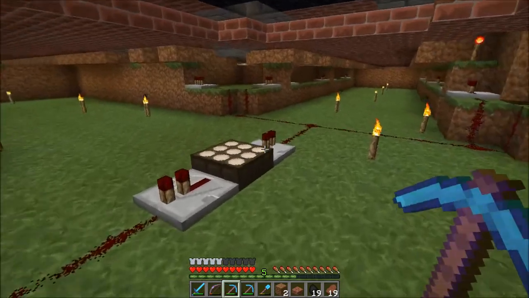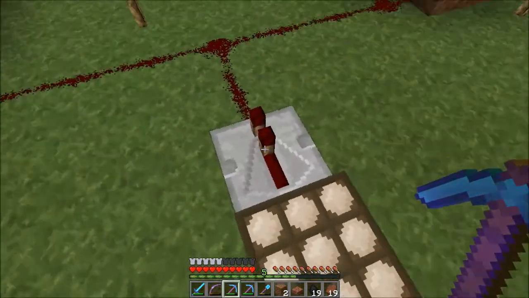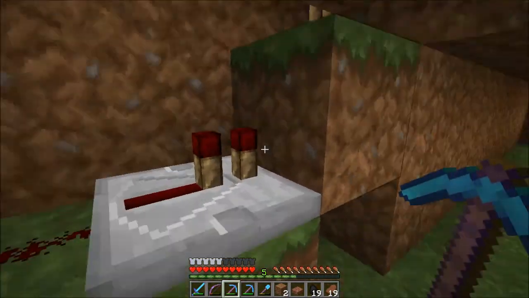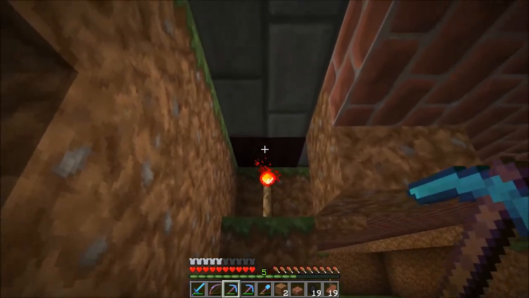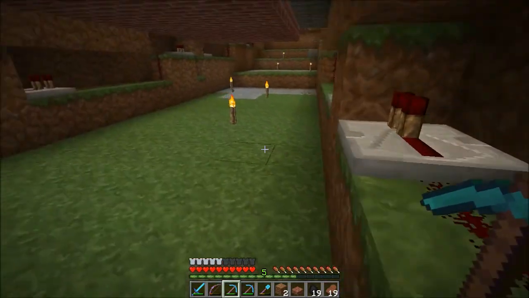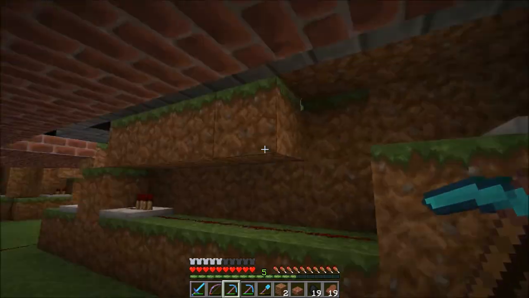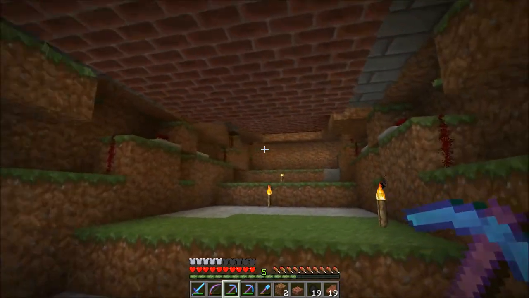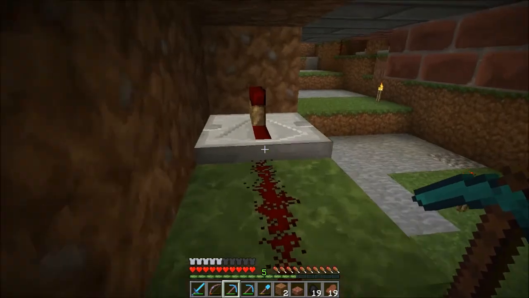So when the light is off and it's nighttime, it sends out no power, which means that the block is not being powered, which turns the torch on, which powers the block above it, turning on the light. And here's where you can kind of see what I mean by it's annoying. As the ground steps up, so does my redstone. And because